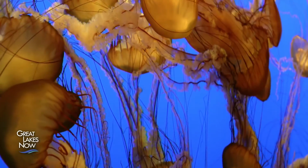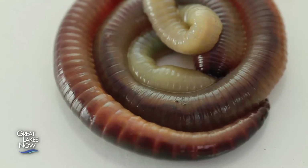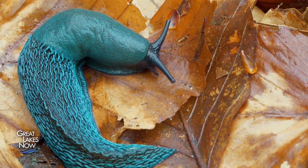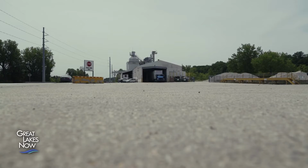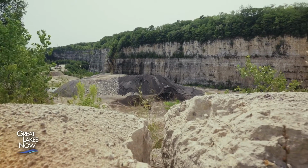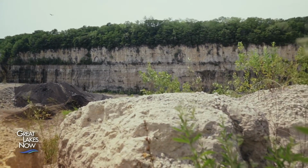But lots of living things don't have hard parts like shells or bones. Fossils of soft-bodied creatures are extremely rare, but they have been found. One of the most remarkable discoveries in paleontology was made here at a quarry in Waukesha, Wisconsin, just west of Milwaukee. It was here in 1984 that amateur paleontologists and avid collectors Ron Meyer and Jerry Gunderson came to dig